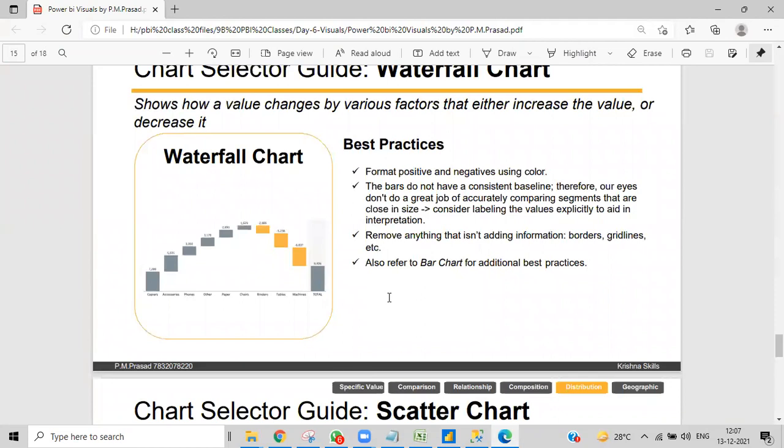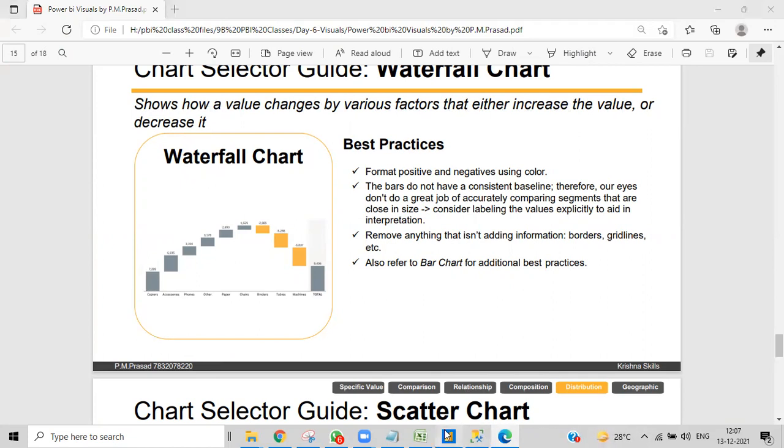Waterfall chart. So according to that, it shows how the value changes in various factors, their increase or decrease in value. Based upon time, whether the sales is increasing or decreasing, that we will show over here.